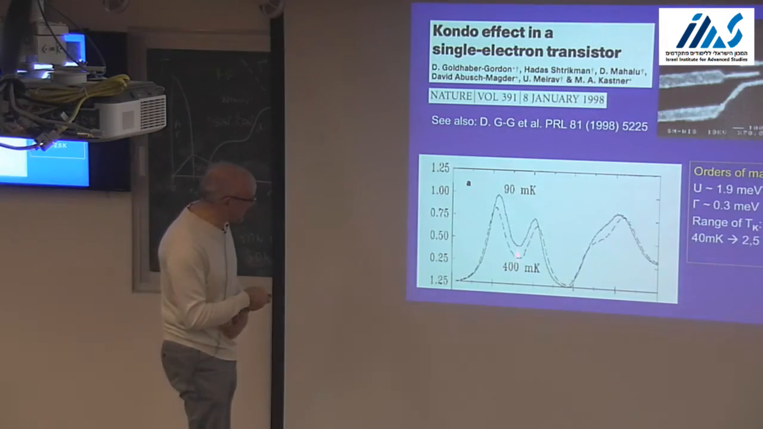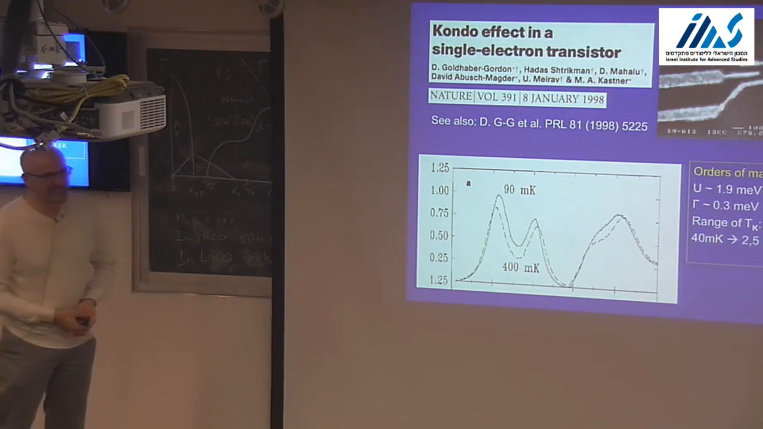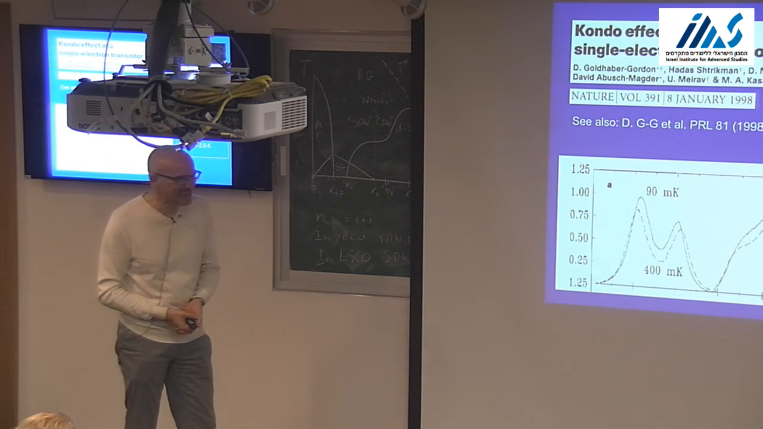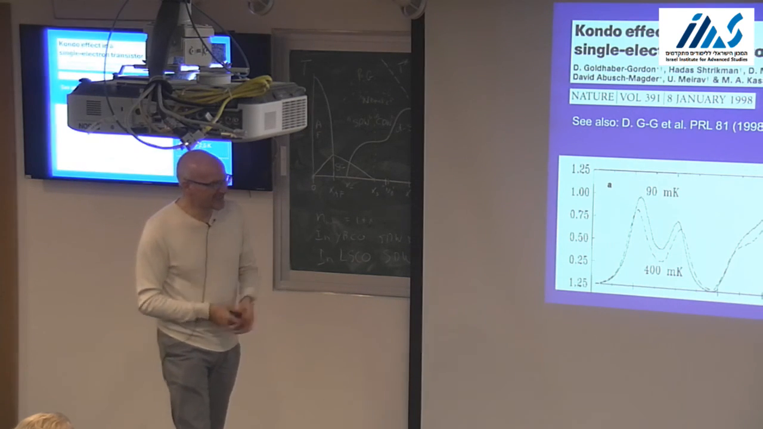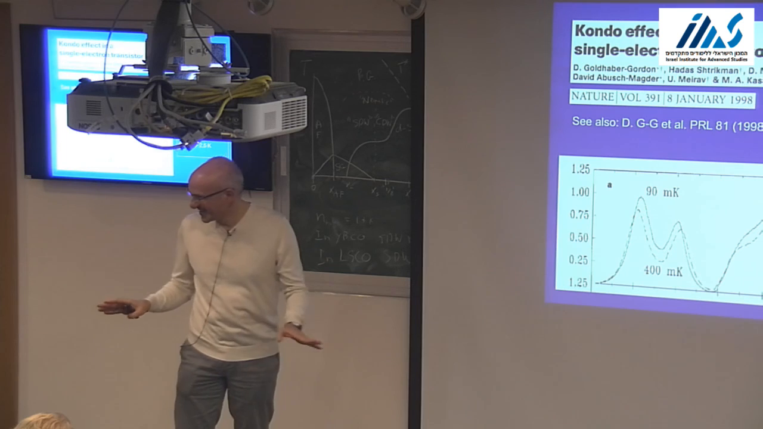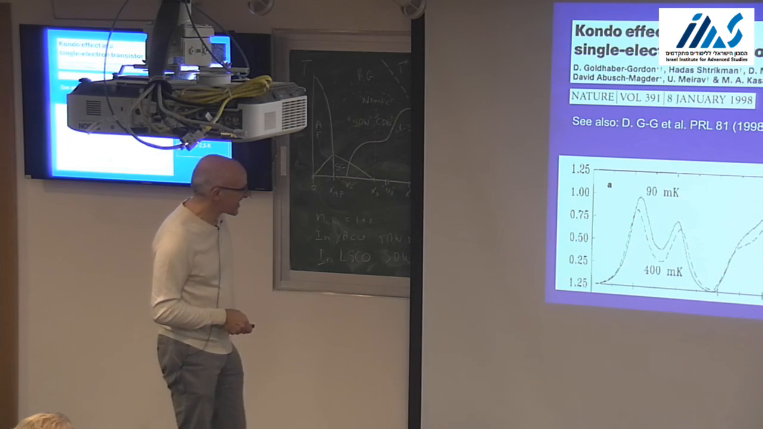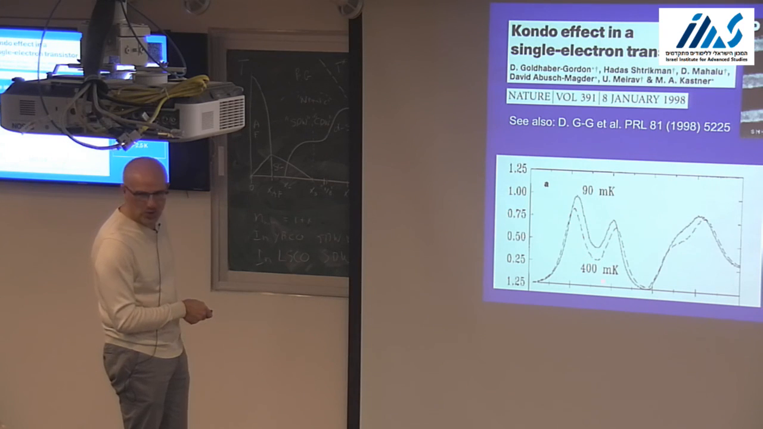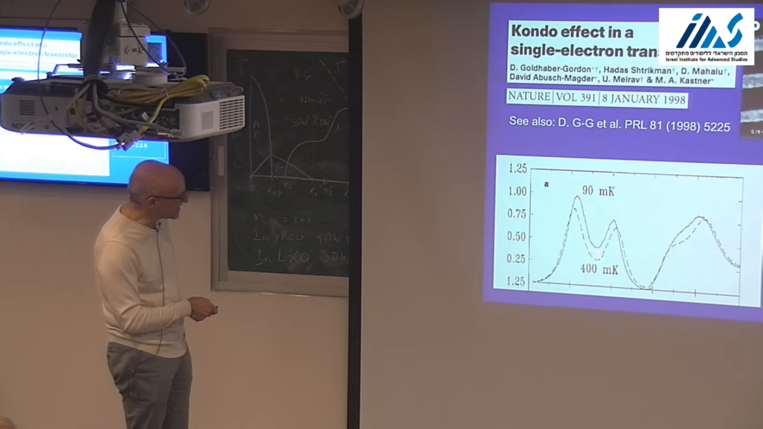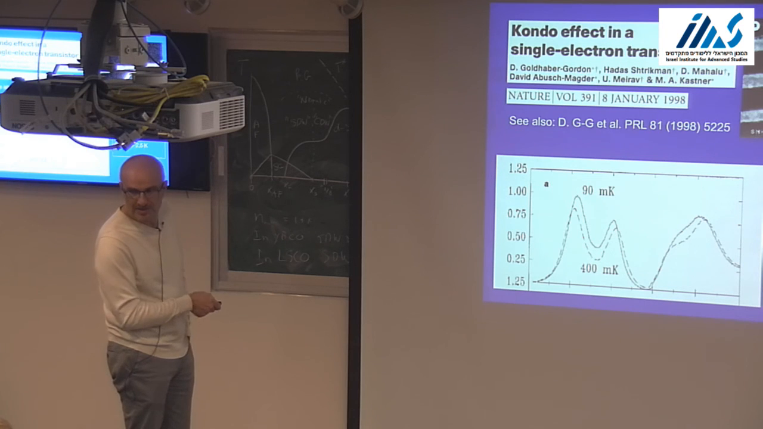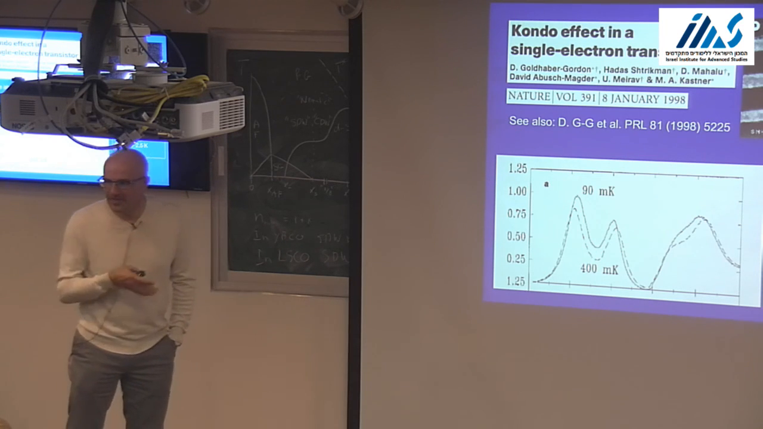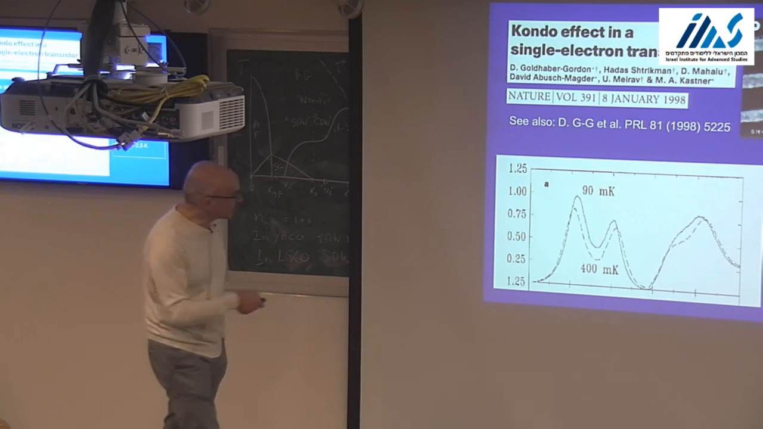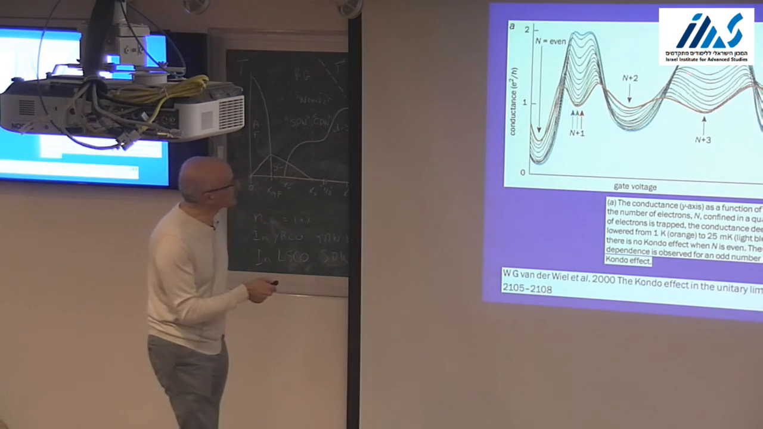And that was the first signal. Okay, so here is the first signal. You see that this is the conductance in the so-called Coulomb blockade valley at 400 milli-K. You just go down to 90 milli-K and look at what happens. The conductance increases, which is what you want to see from this many-body effect. Of course, this is not quite full saturation. This was reached later,